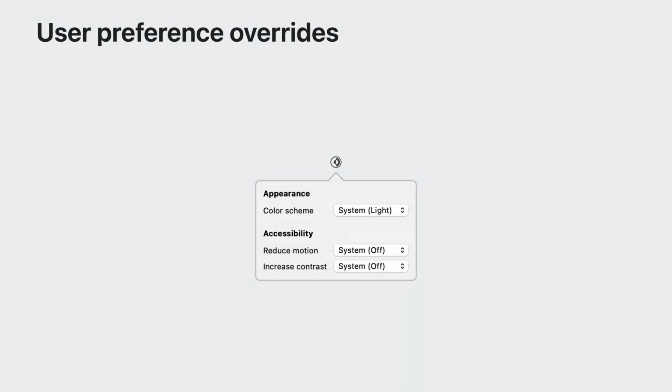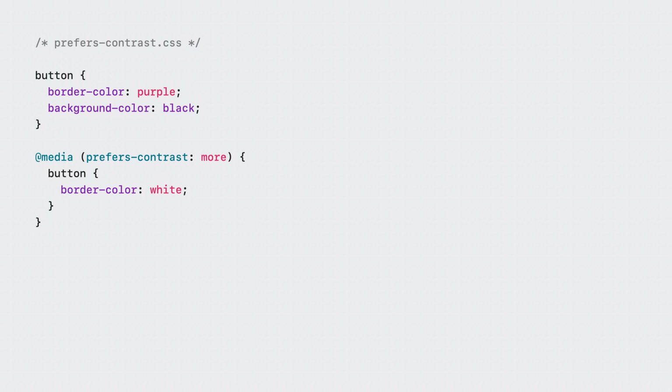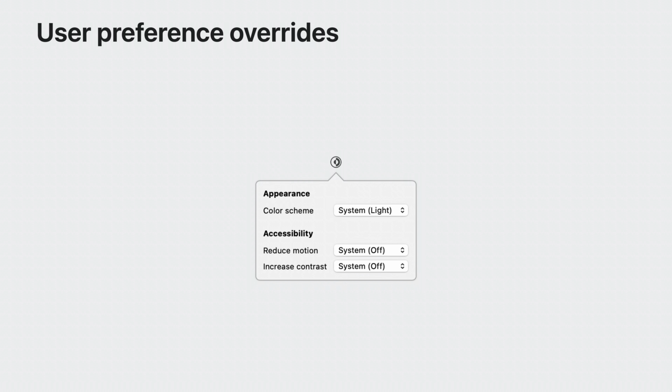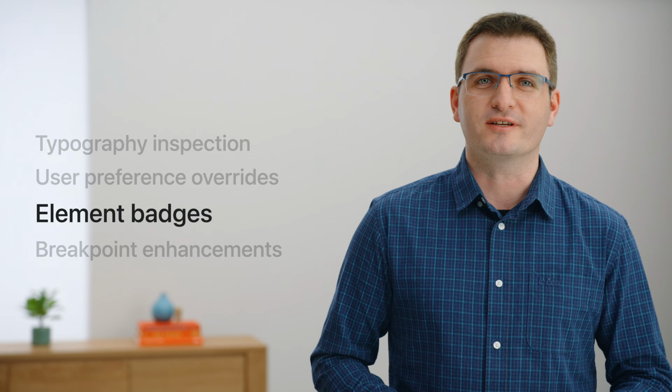The last item in the User Preference Overrides popover, Increase Contrast, maps to the Prefers Contrast CSS media feature. Ideally, you want to build content that has a high level of color contrast for everyone. But if your design system constrains you, use this media feature to adapt your styles for people who benefit from increased contrast. Then, check that the styles on the inspected page adapt accordingly. Override the preference for increased contrast to On. We hope you use these features to build content that even more people can enjoy using.